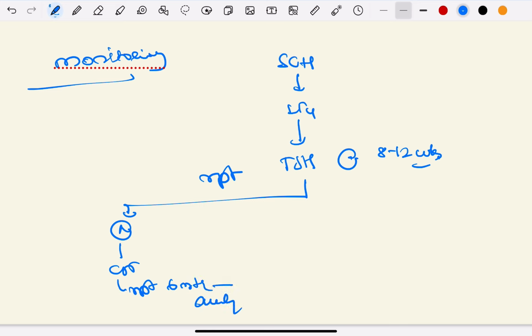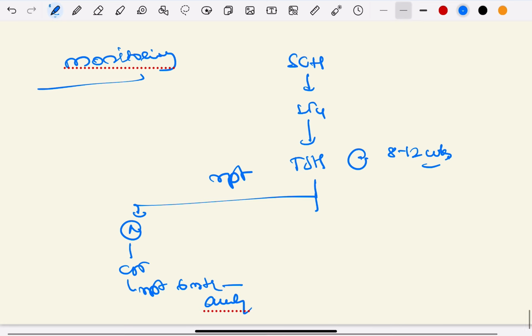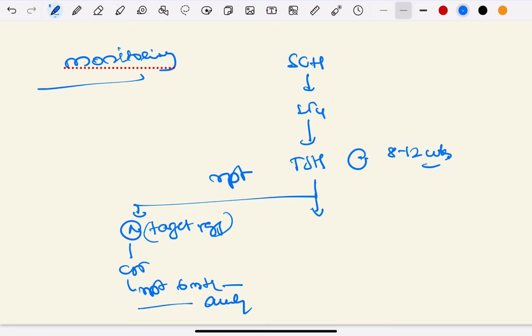This is how you treat. Okay, when the TSH is in the normal, meaning target range, target is achieved, so you continue the same treatment and repeat TSH at 6 months and then annually. Okay, if TSH is not in normal range, then what to do? If target is not achieved, or the TSH is